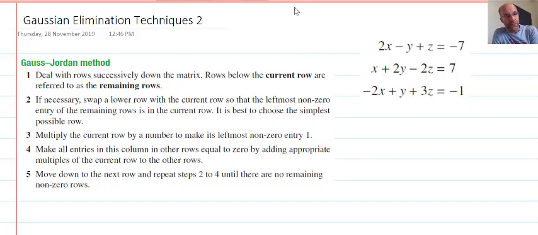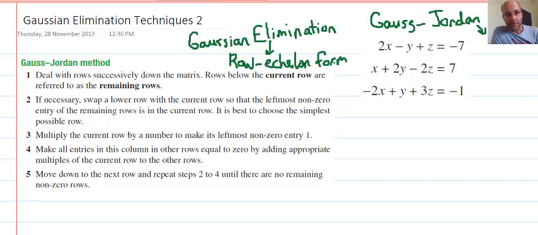This is the second of two videos about Gaussian elimination. We're going to look at the Gauss-Jordan method. You can look at it in two ways. You can get things into Row-Echelon form and then apply a procedure which I'll outline to get it into reduced Row-Echelon form. So just picking up from the last video, we looked at Gaussian elimination and we looked at the